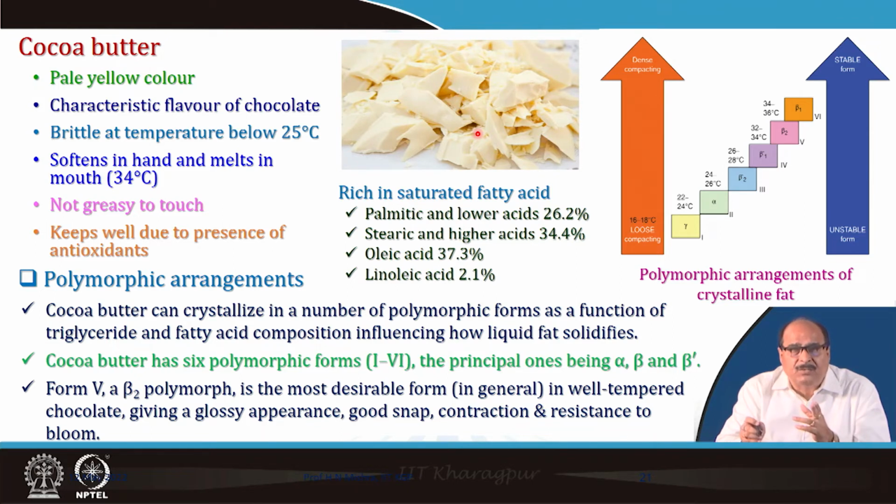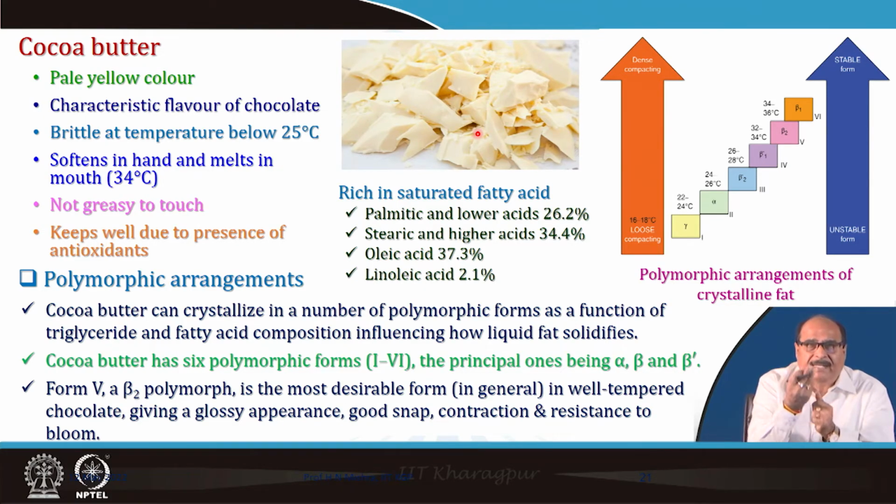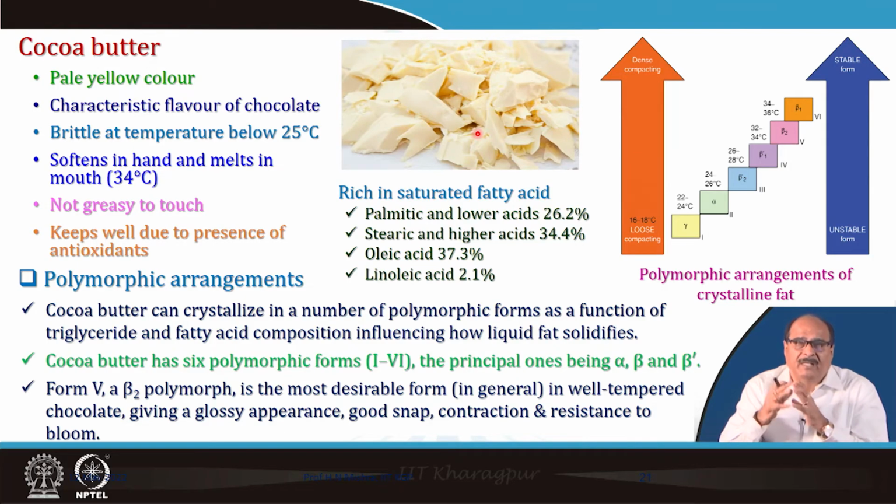It is rich in saturated fatty acids. About 26% is the palmitic and lower saturated fatty acids. About 34% is the stearic and higher acids. 37% oleic acid and about 2% linoleic acid. Okay. And because of its melting characteristics, it becomes a very important and common ingredient in confectionery products, ice creams and such other. But the polymorphic form arrangement of the cocoa butter is very important for deciding its usefulness in